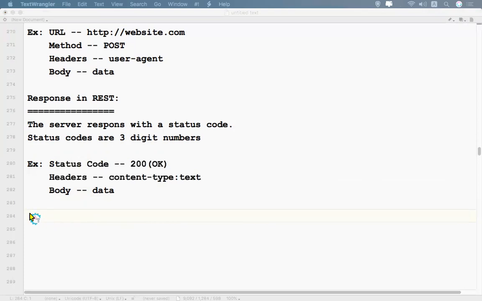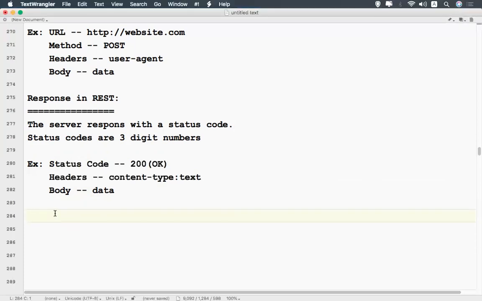Okay. So when you get the response, how the data comes, in the form of data formats. The data formats you will get in the response.